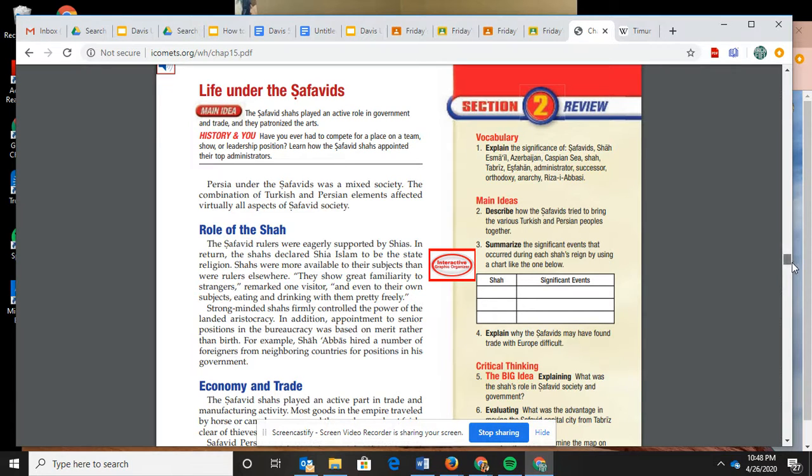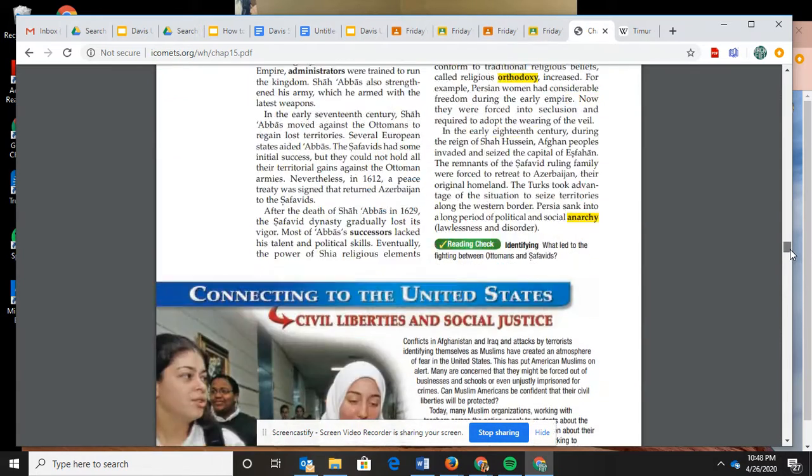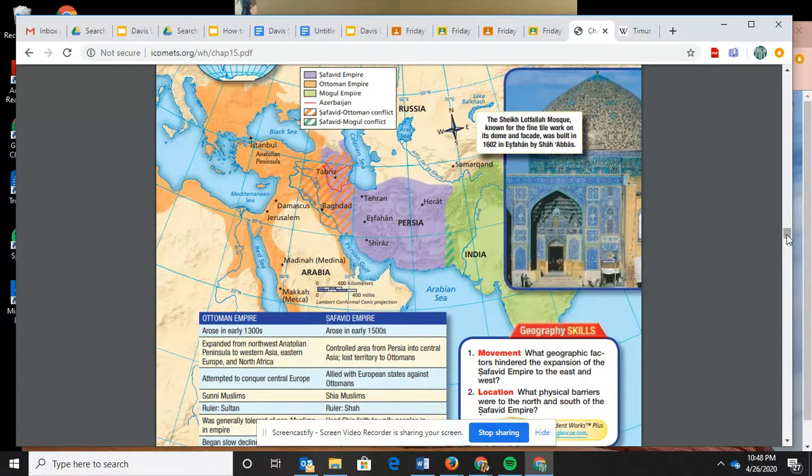gunpowder region. They have kind of a sandwich, not great location, as you've got the Ottomans over here and the Mughals over here. So not a great location to be having to fight battles on other fronts. We just don't talk about them as much, and they're not quite as big as the Ottoman Empire. So do yourself a favor, read about the Safavids there.